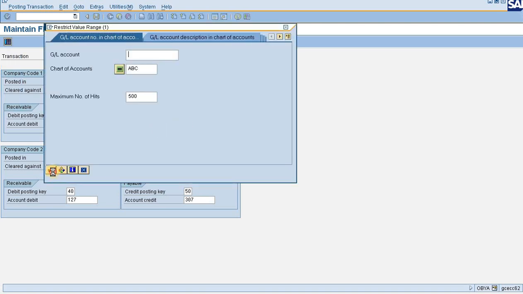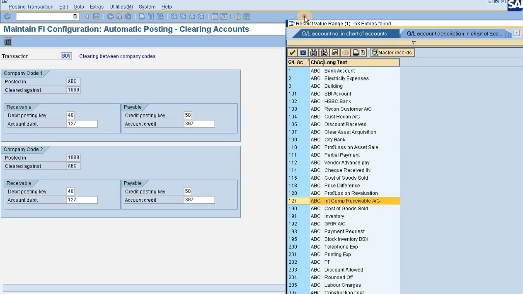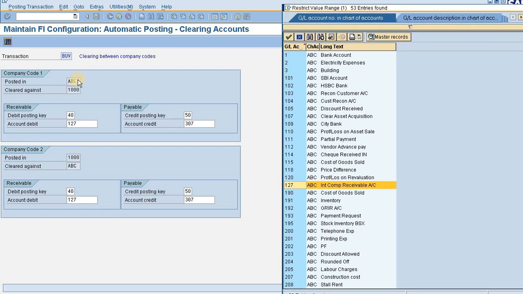That means the intercompany receivable 127. Yes, intercompany receivable. Now your question may come up, like how do we understand what accounts are to be mapped in which fields? See here, company code 1 is given, that means you are mapping this GL for company code 1, that is ABC.